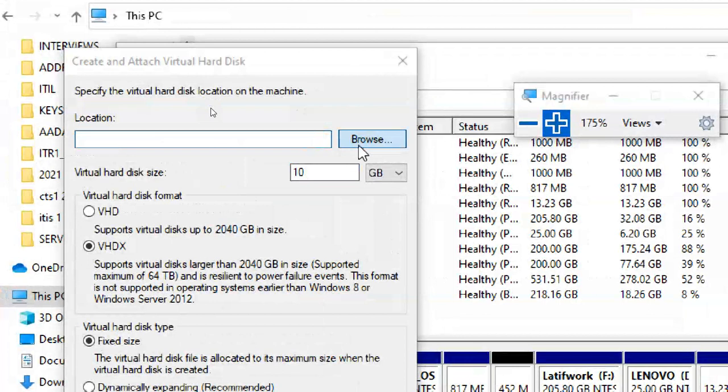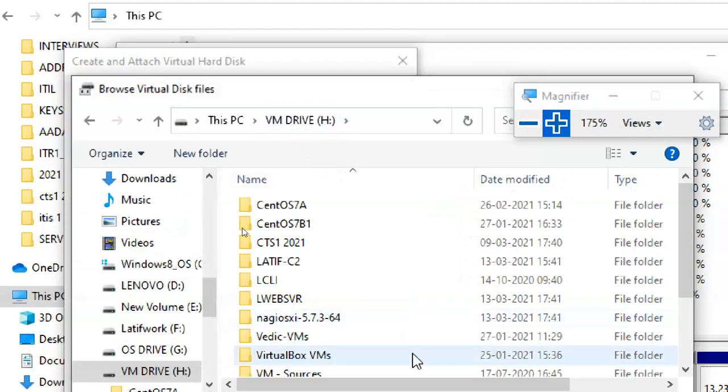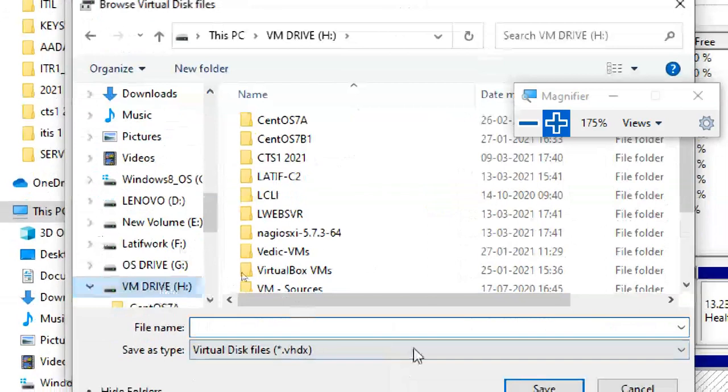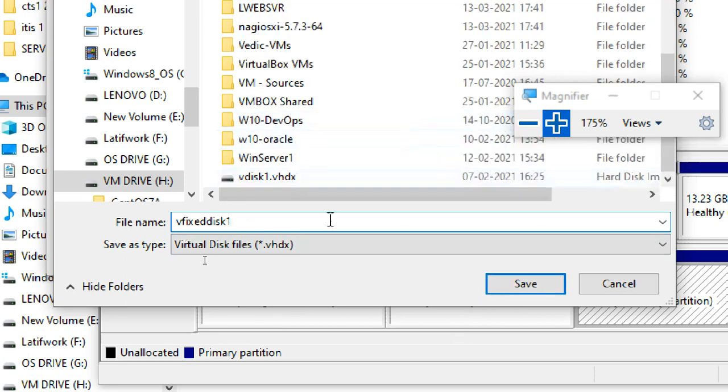Browse, or you can use H. Okay, I'm going to put it in H only. The name of the file: name is fixed disk. I put V fixed disk 1. Because I already have V disk 1, so I put V fixed disk 1.